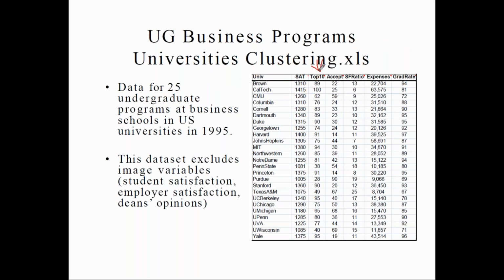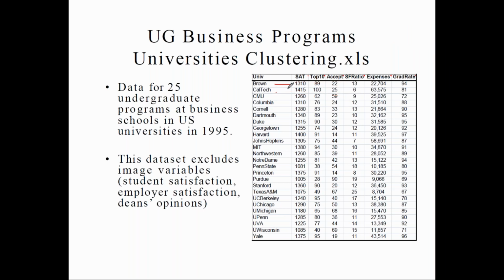And the third is your acceptance ratio. What do you mean by acceptance ratio? Any idea? Whether applications are successful or not. You can tell it in this way: out of 100 students applying, only 22 students are getting admitted to Brown University, and only 25 students are getting admitted to Caltech University. This is the acceptance ratio of the college or the university.